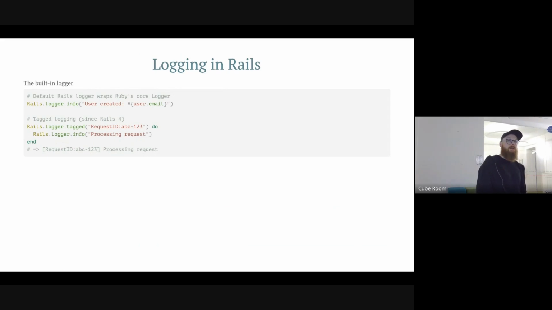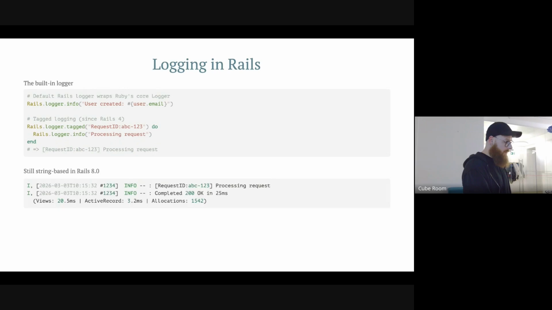However, it is like a standard library logger with a little bit of extra features. So it supports tagging. If I remember correctly, it's based on Active Support logger. Maybe it is Active Support logger even. And like I said, it doesn't support structured logging still. However, yeah, and it logs